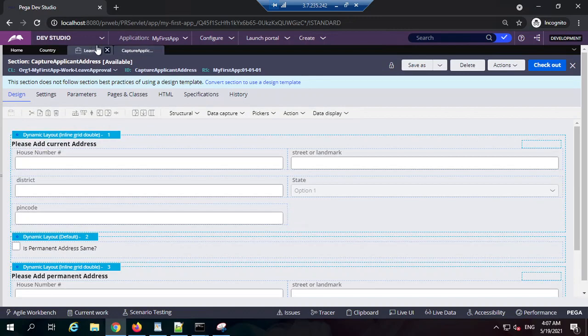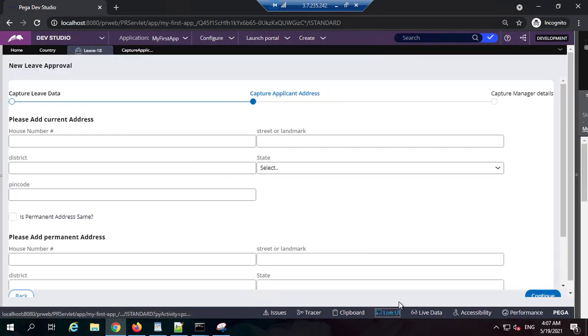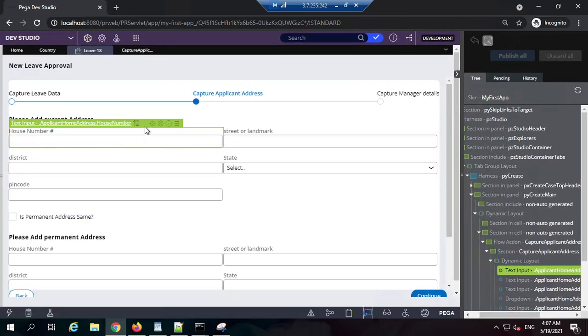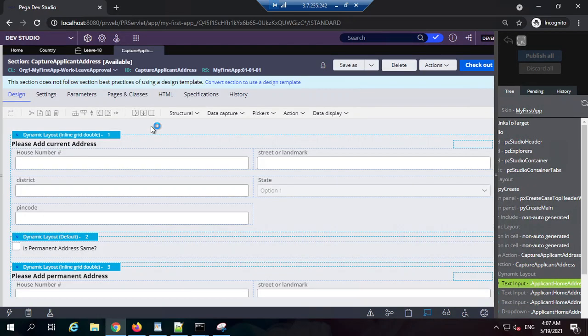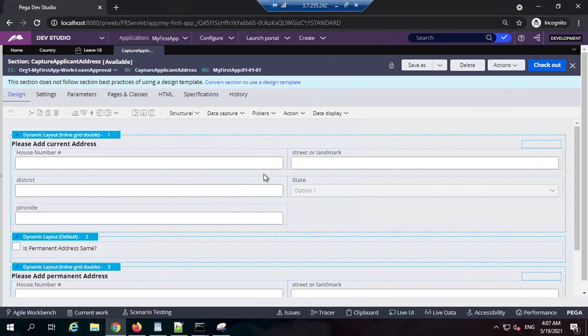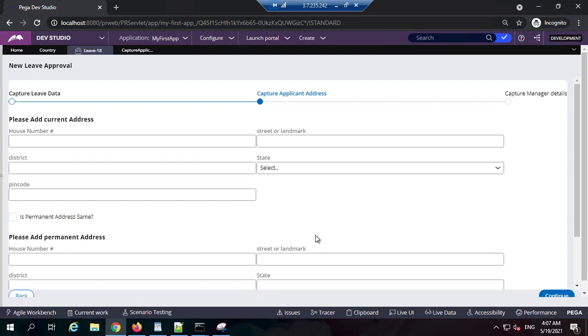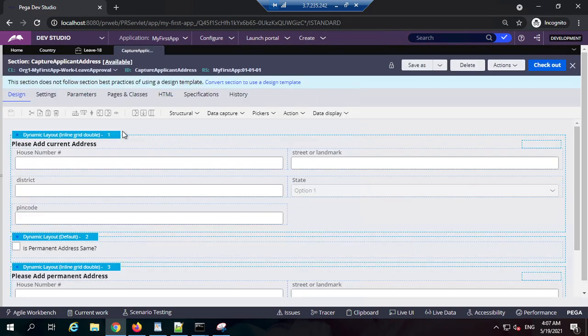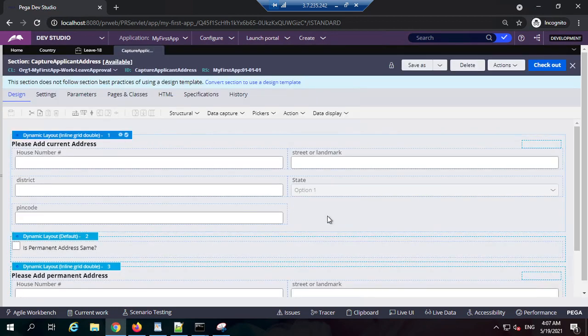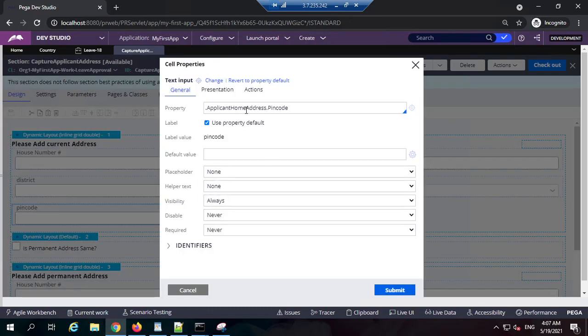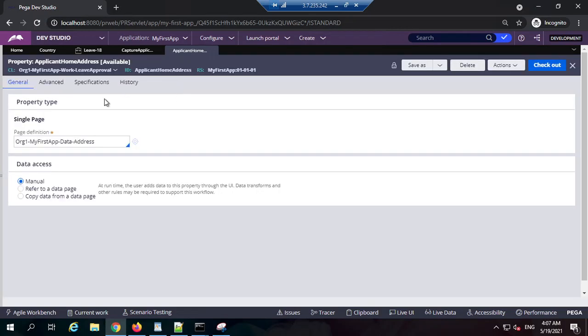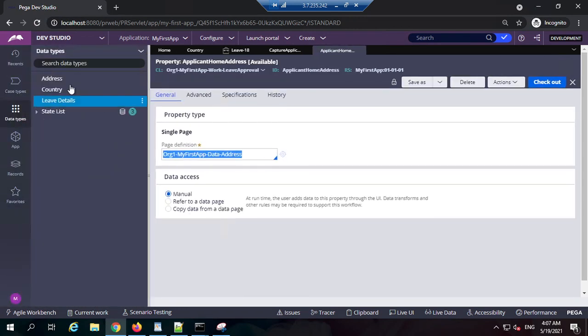What I did basically, live UI, and we target any element and click here, target. It will open the corresponding section from wherever this UI is coming. Just debugging, I'm telling you. So here I want to add. Firstly we will see from this structure it is copying. This is the applicant address, right? And I think this is from a database, I mean data model, right? So it is created from address.